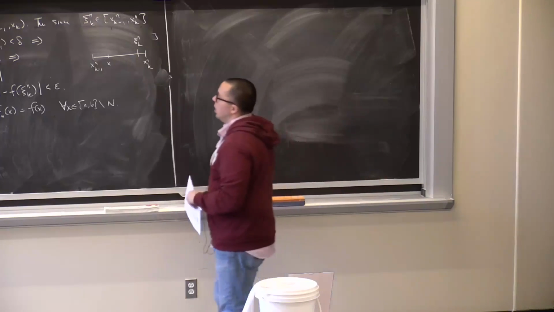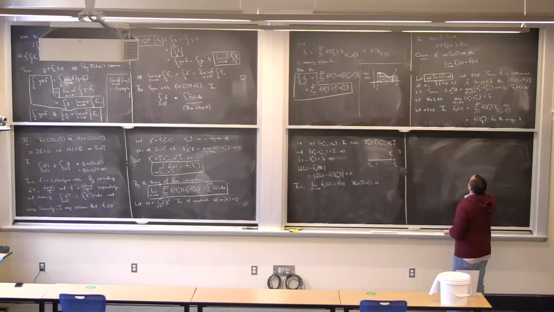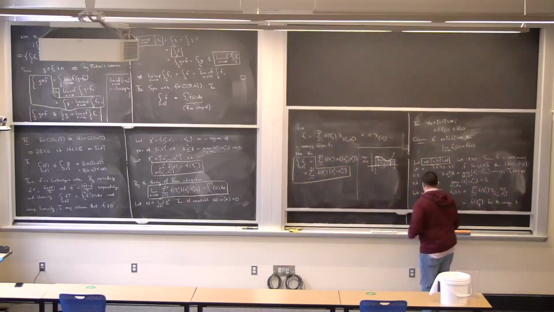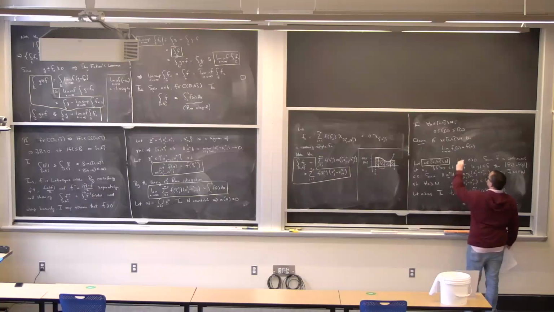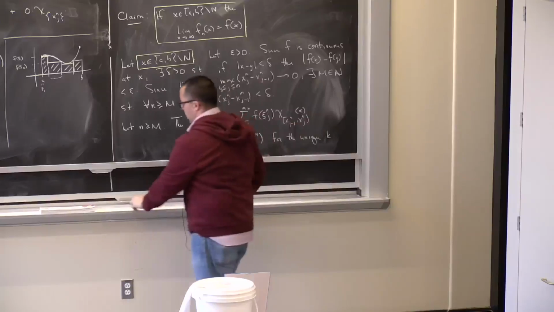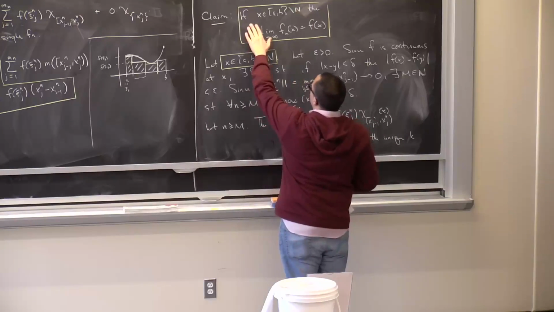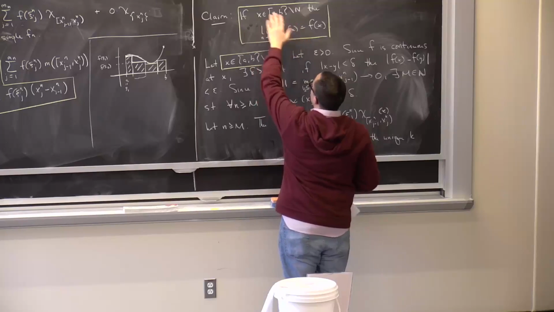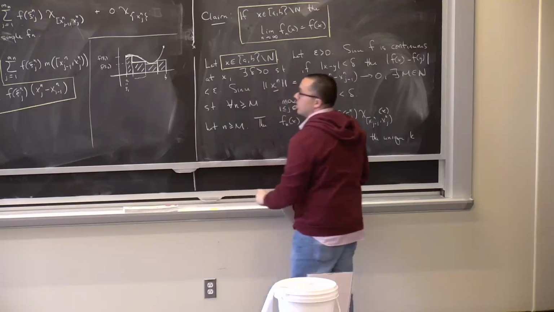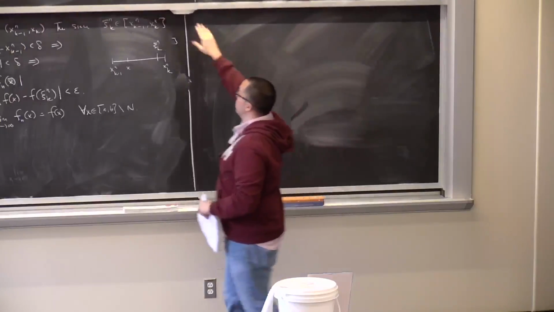Okay, so we have a couple of things. So I said this, but now I'm just going to write down what we have. These two things. We have that almost everywhere f_n's are converging to f. Almost everywhere f_n is less than or equal to f. f is a fixed continuous function that's integrable. It's not negative. So by the dominated convergence theorem,